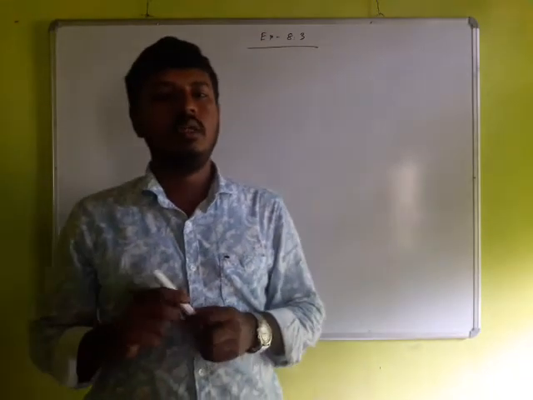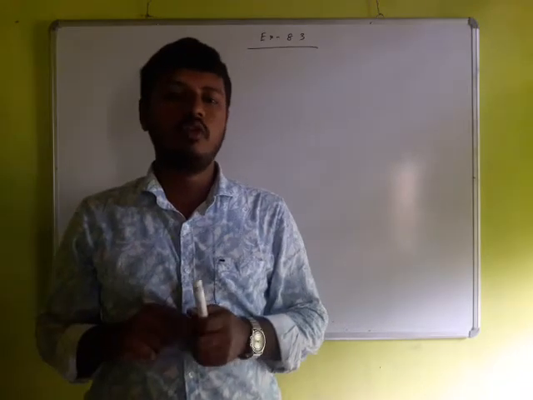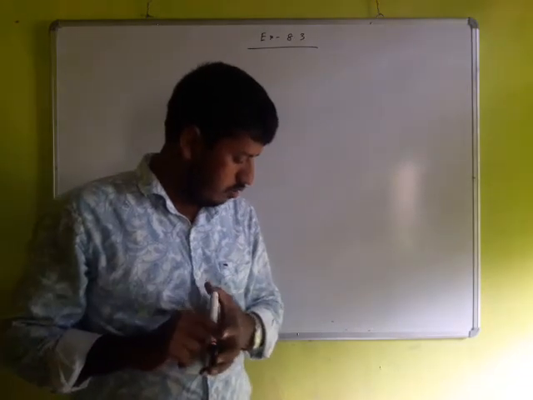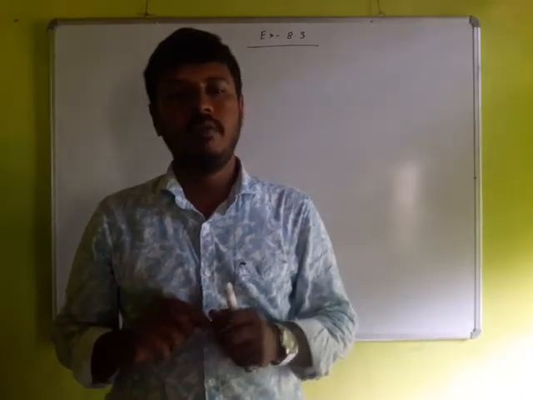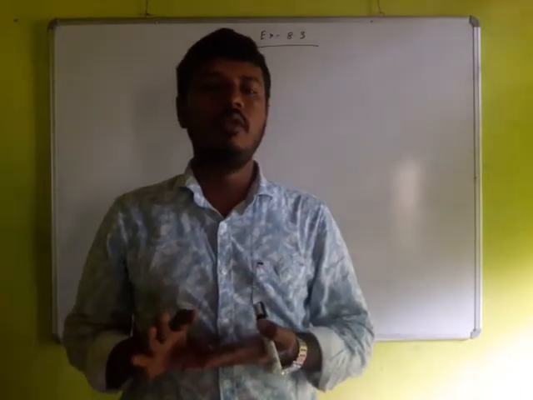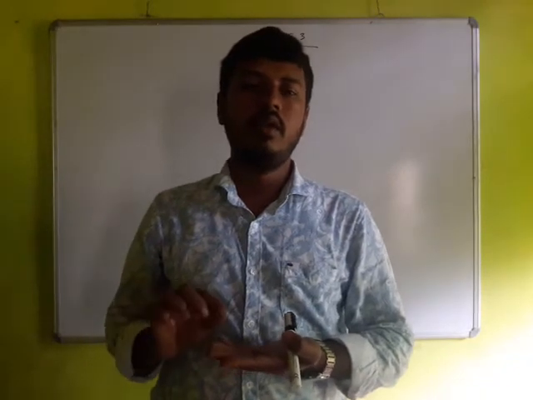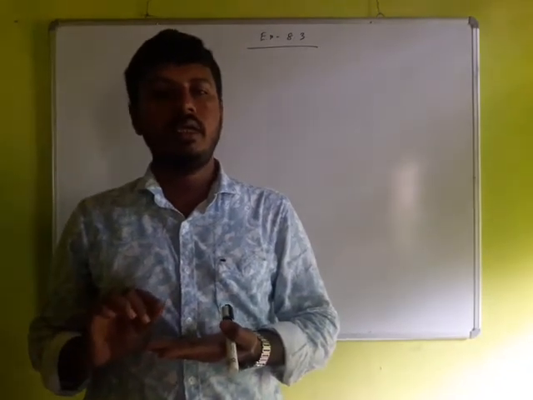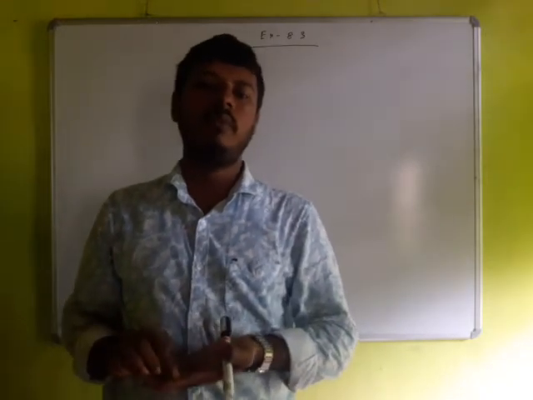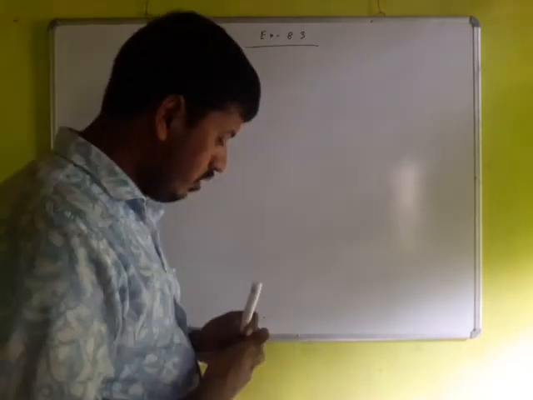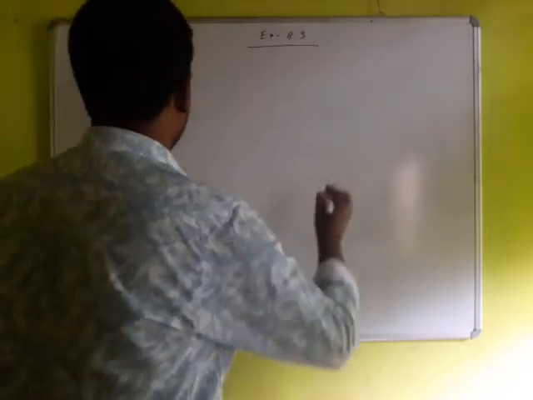Question 3 is the same as question number 4, that is cos 48 minus sin 42. We have to take the complementary angle of either 42 or 48. If we take sin 42, then sin 42 can be written as sin(90 minus 48), which will be cos 48. So cos 48 minus cos 48 will be 0. So we are going to solve the questions given in question number 2.